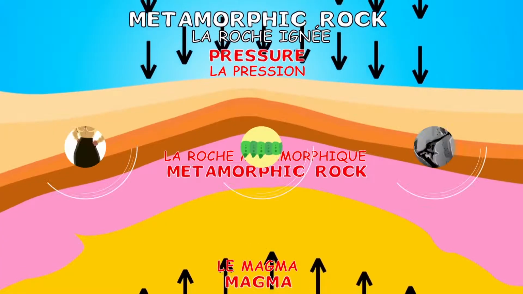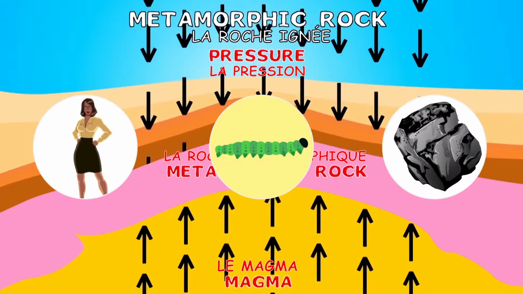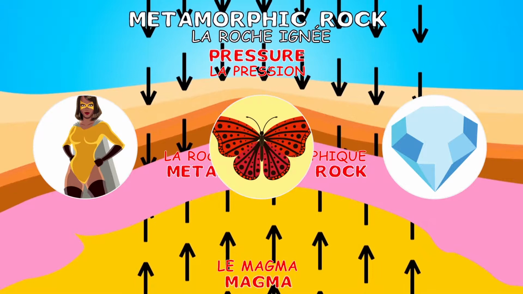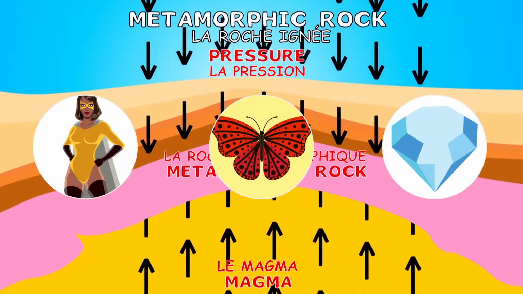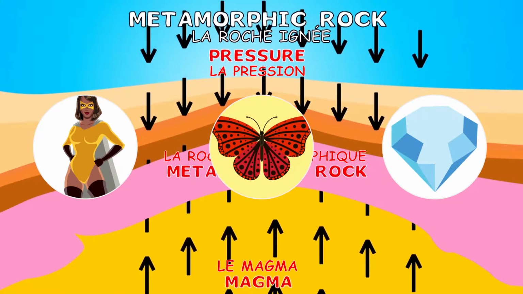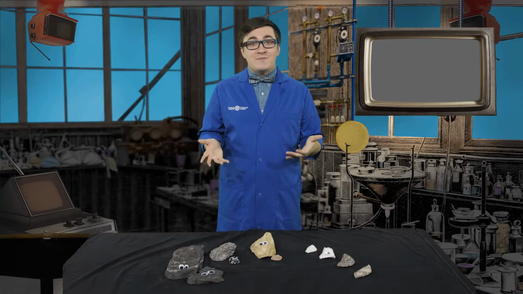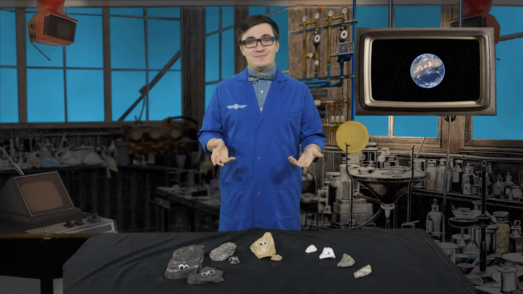Metamorphic rocks start as a different type of rock and change, or morph, into something else. High heat and pressure from inside the Earth will make rock more dense and compact. The rock is cooked and the chemicals rearrange themselves, turning it into a very different rock. It doesn't melt, or it would become igneous rock.